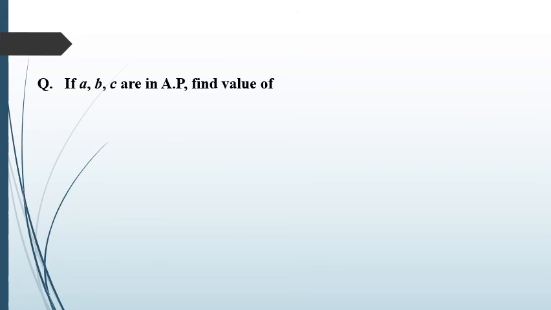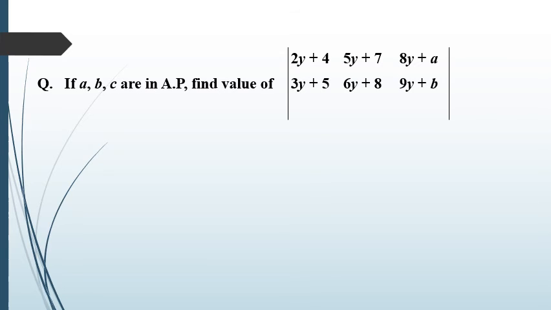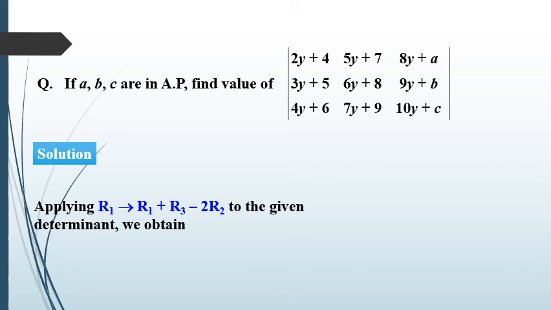Next, if A, B, C are in AP, find the value of the determinant with rows 2y plus 4, 5y plus 7, 8y plus A; 3y plus 5, 6y plus 8, 9y plus B; 4y plus 6, 7y plus 9 and 10y plus C. So we need to find the value of this determinant if A, B, C are in AP. So applying the operation we get